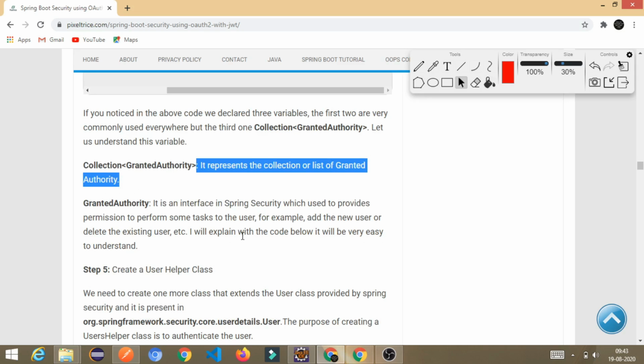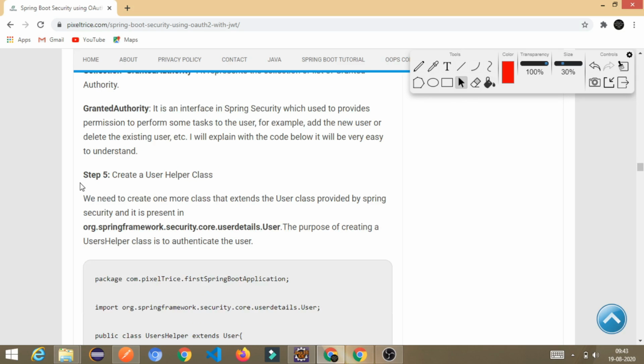Now come to the next step. Step number 5: we need to create a user helper class. In this user helper class, I am going to extend the User class which is present in Spring Framework Security. This User class is a predefined class already present in Spring Security.